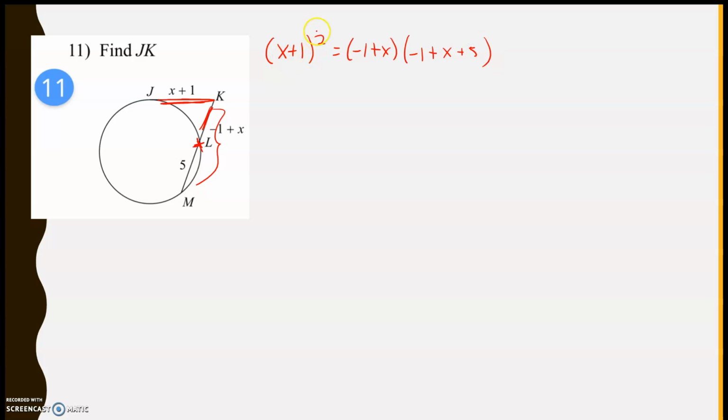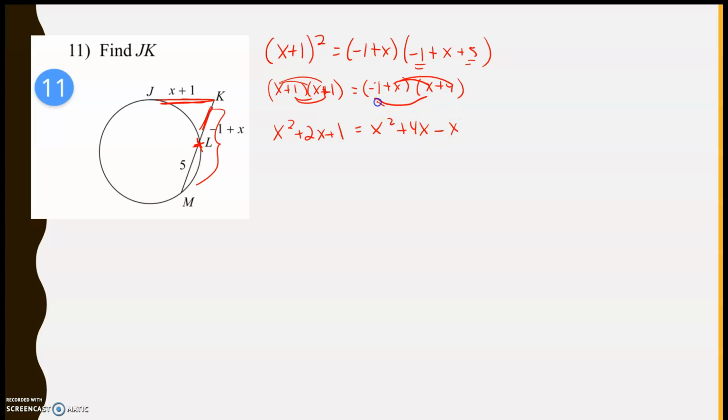So x plus 1 squared, that's like saying x plus 1 times x plus 1. And when I distribute here, first, outer, inner, last, I'm going to get x squared plus 2x plus 1. And that's going to be equal to, well, on this side, I'm going to combine like terms. So here I'm going to combine these two. So I'm going to get x plus 4. So when I distribute here, I'm going to do these guys first. So I'm going to get x squared plus 4x